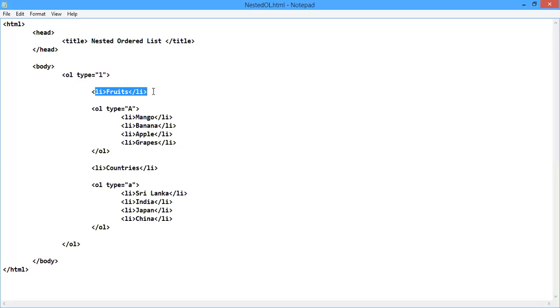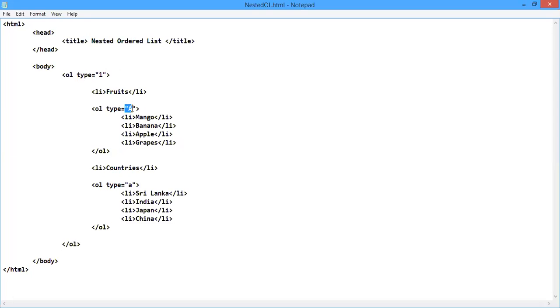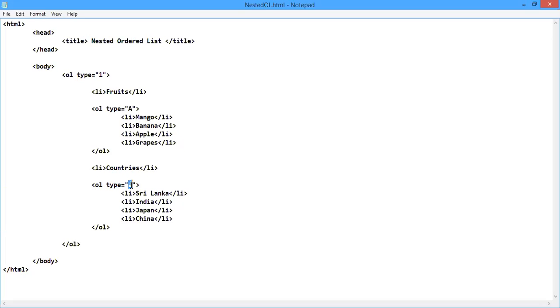Here this is the first list item. So this will take number 1, and after that one I am inserting another ordered list which uses capital letters to indicate the ordering. Then this is the second list item of this outer ordered list, and under that second list item, I am creating another ordered list, and its ordering will be done by using simple English letters.